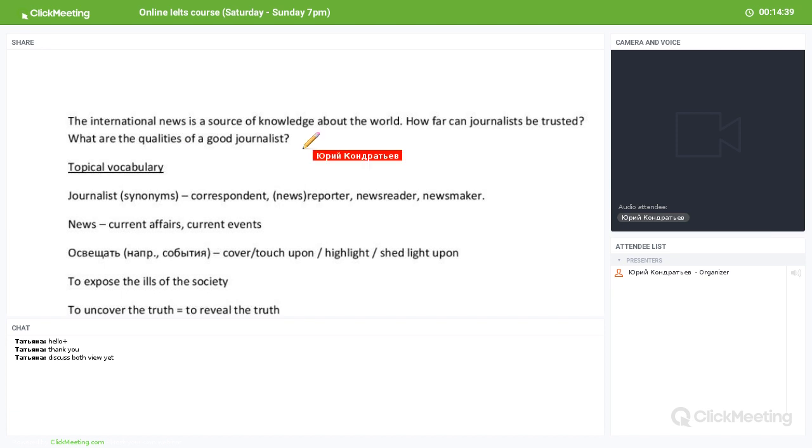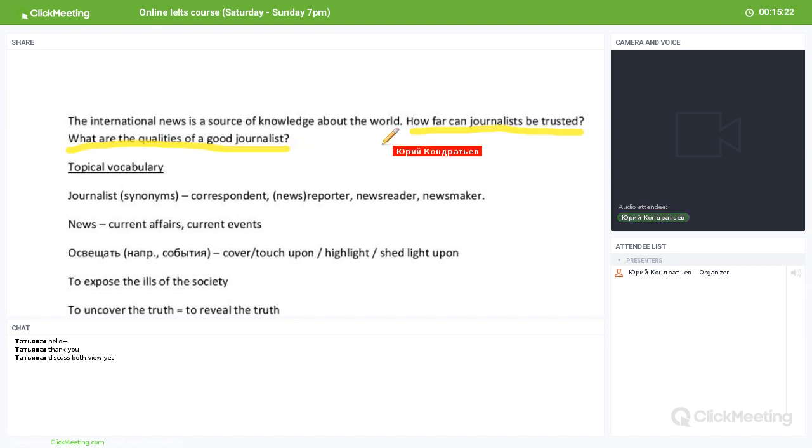So basically, how you can write this essay is, you have an introduction. It's usually 3 sentences: a general statement about how important information is in the modern world, maybe. Then you paraphrase this topic sentence, and then you express your opinion, or you say that you're going to look at this issue in the essay. And then the first paragraph can answer the first question, and the second paragraph can answer the second question. That would probably be the easiest way to structure an essay. But this is not the only possible way.